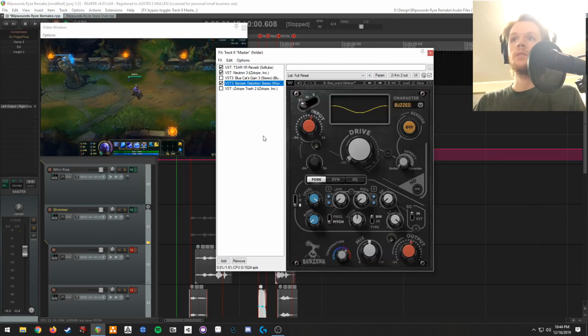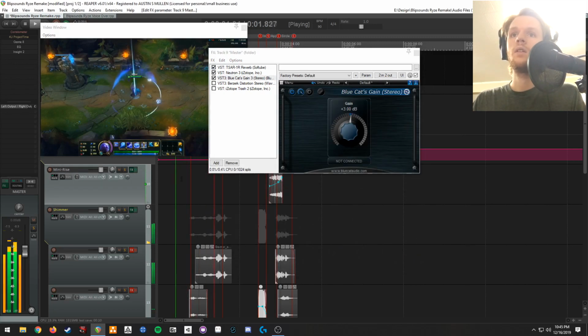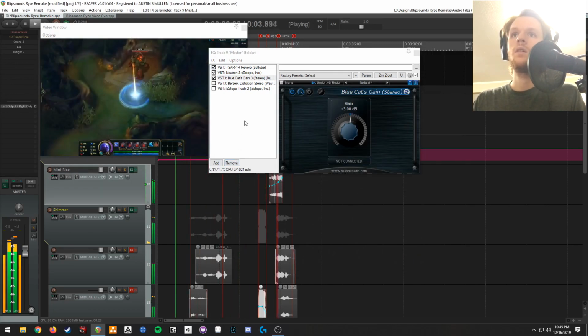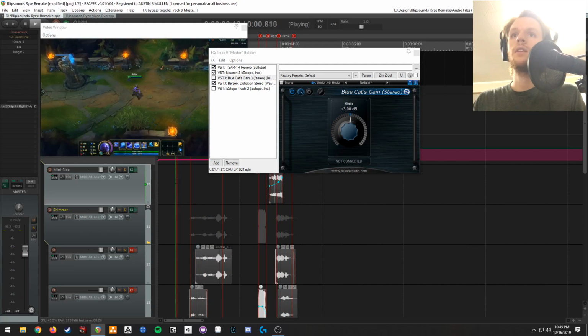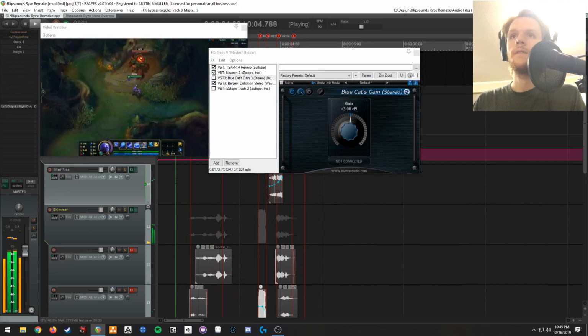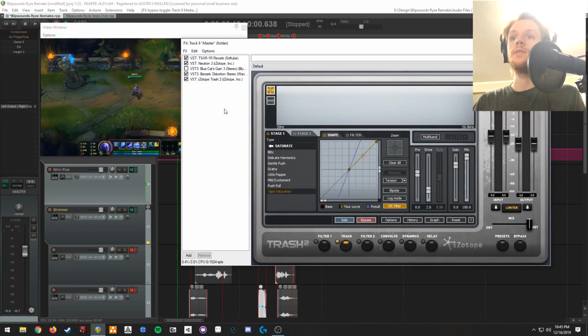Next, I added the Berserk distortion. I liked the tone that it gave, but it's pretty extreme most of the time. So I have the drive all the way down and only halfway on the mix. And width. Adding an instance of Trash to the master. The only thing I'm using here is some light tape saturation.